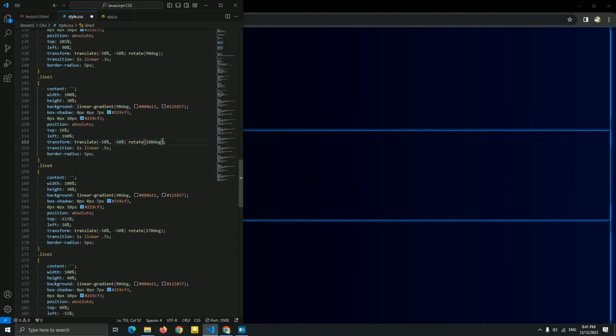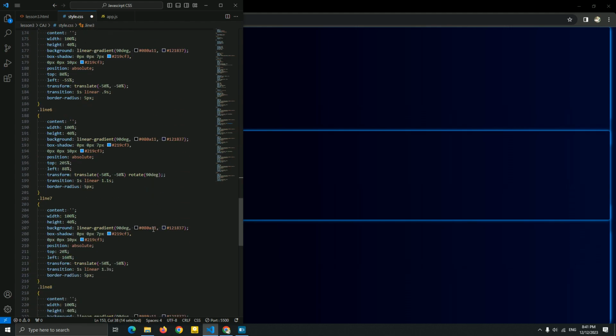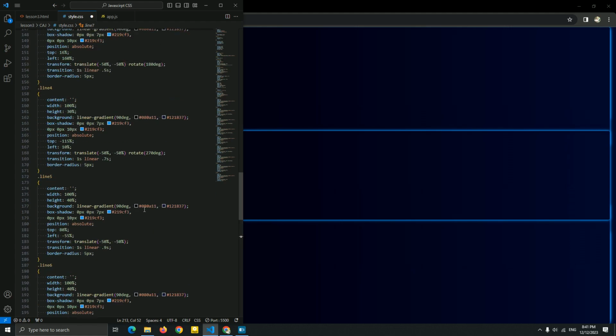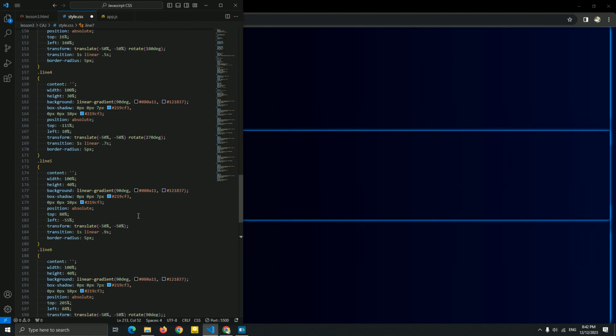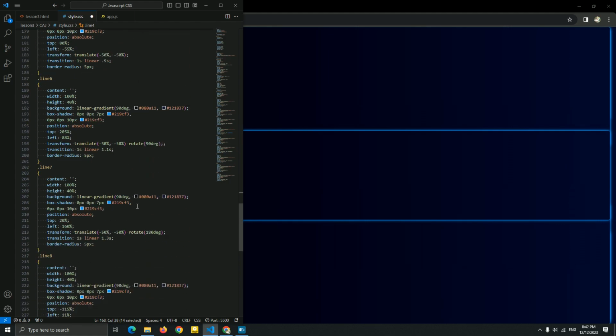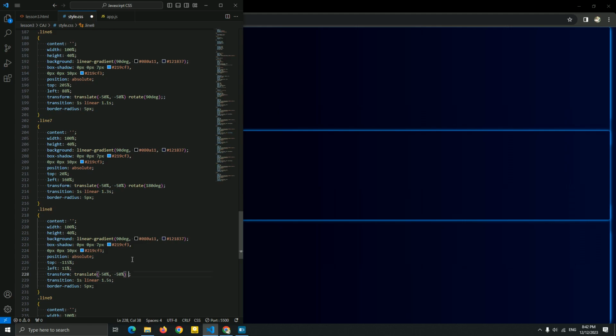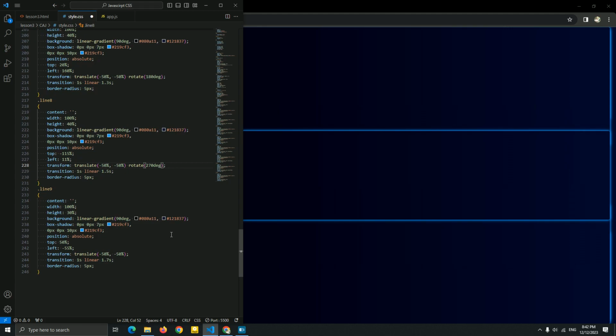For this line 7 be this rotate, and for the last line of the line 8, which is the same of this line 4, the same style, but we add a height for this, be a rotate of this. Okay, now it's good, and yeah, no need for this to add a rotate.